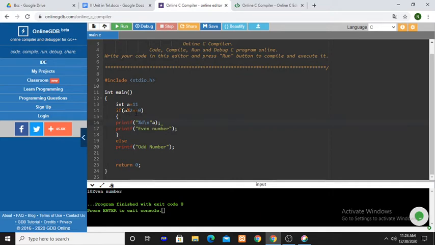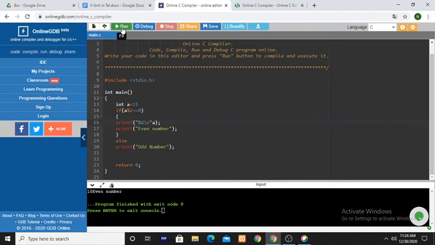It is false. So in the false situation, the if block is not executed. Whatever statements you have written between the if open and close braces will not be executed, and automatically the else part will be executed. In the else part, what you have written says it is an odd number.